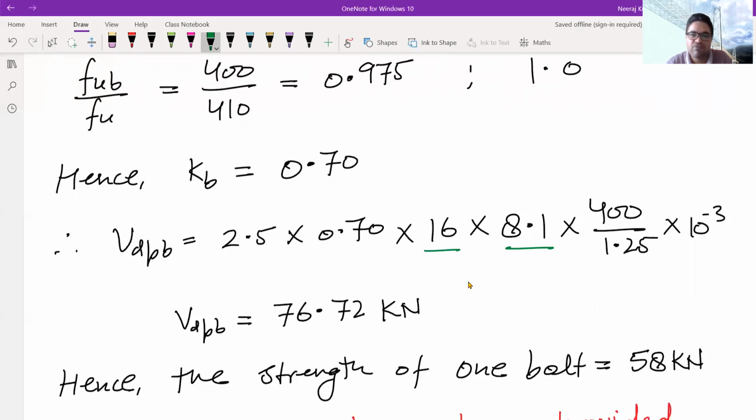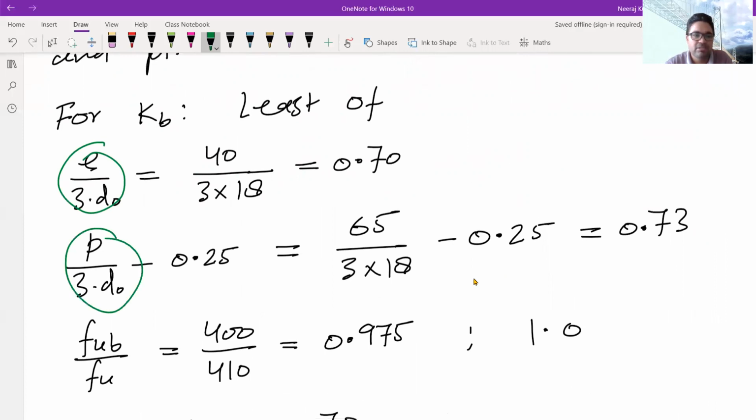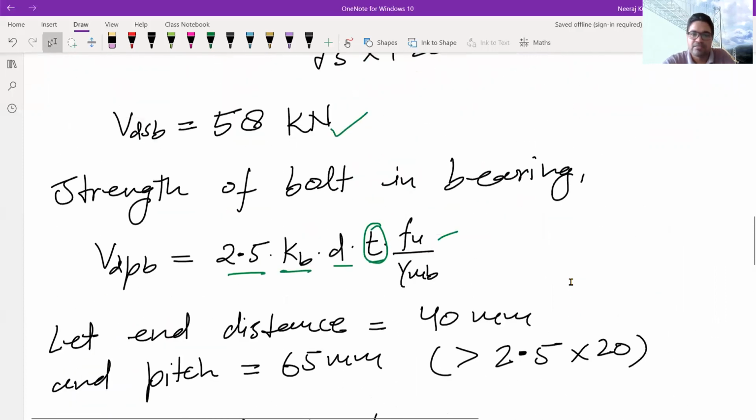And now we have to find out the kb. kb will be the least of all these four parameters. The edge distance is 40. So now we need to find out kb first. To get the value of kb, we need to find out